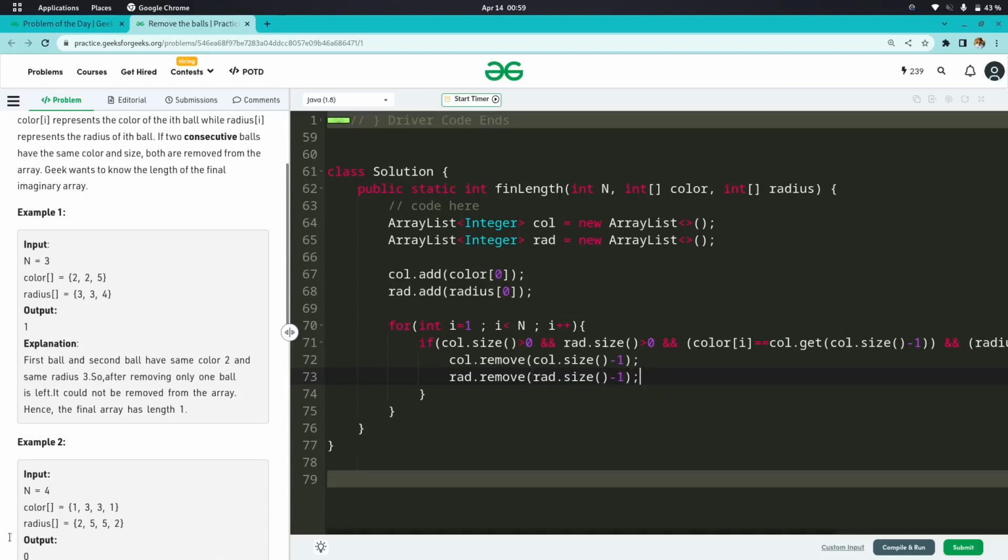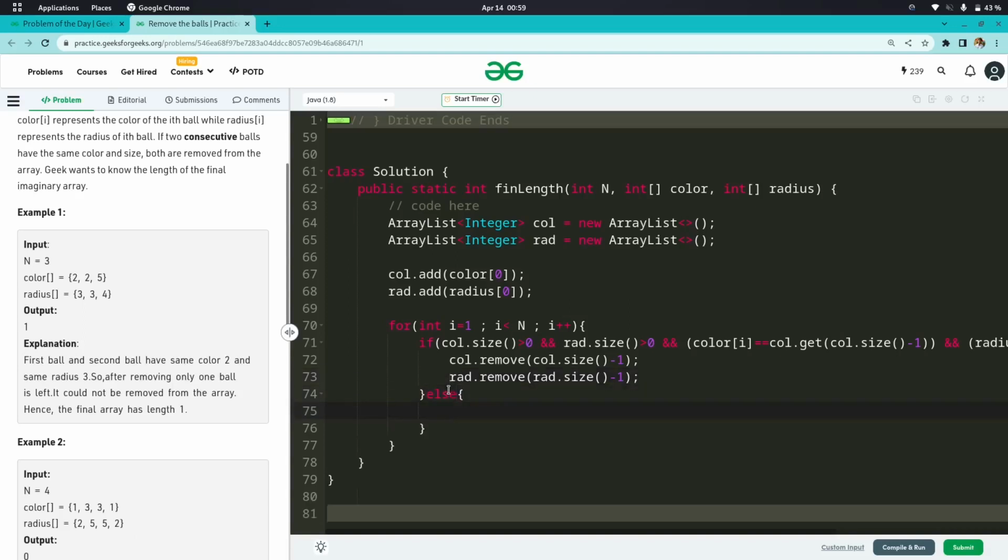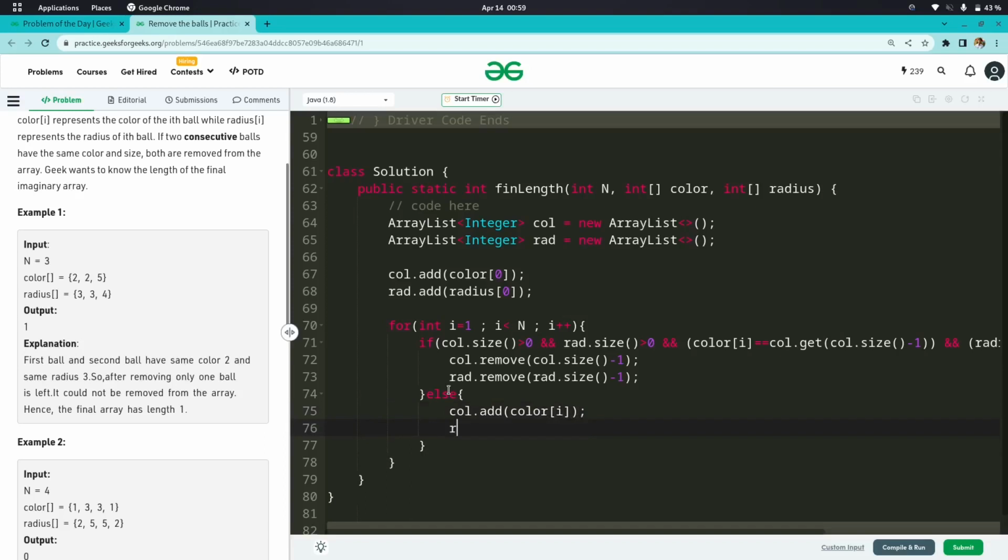And then else what we are going to do, else we'll add it. So else color dot add color I and radius dot add radius I, that's it.